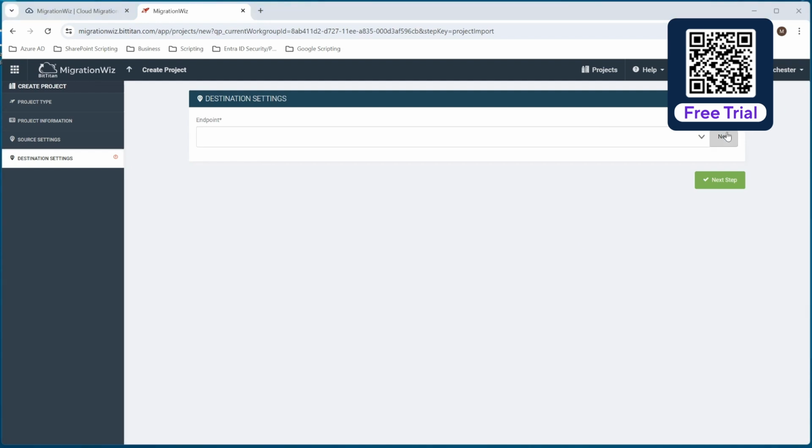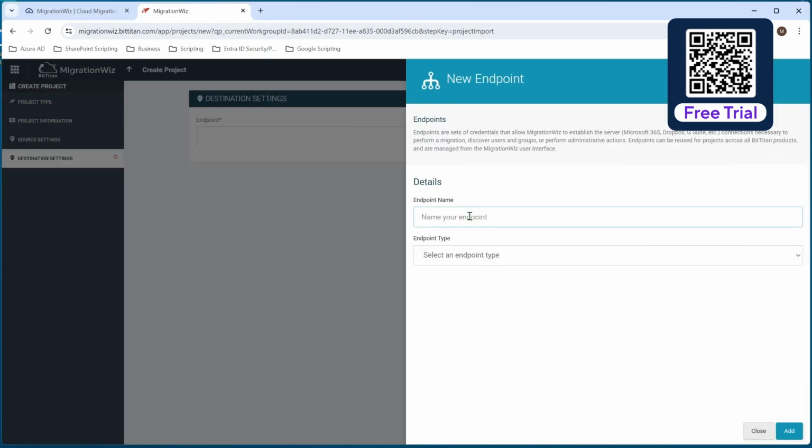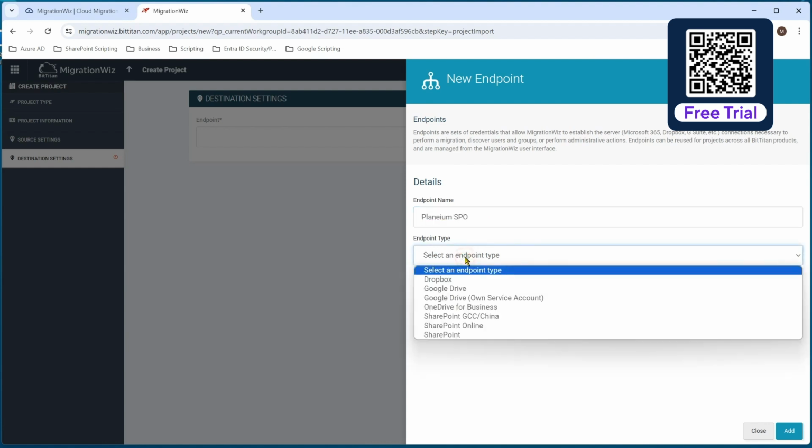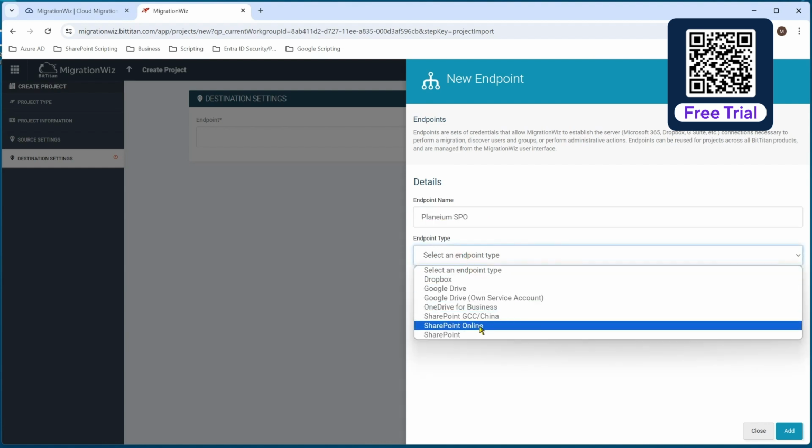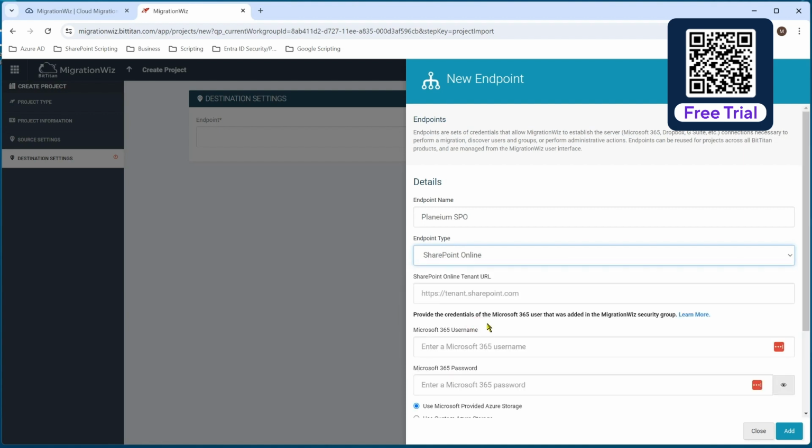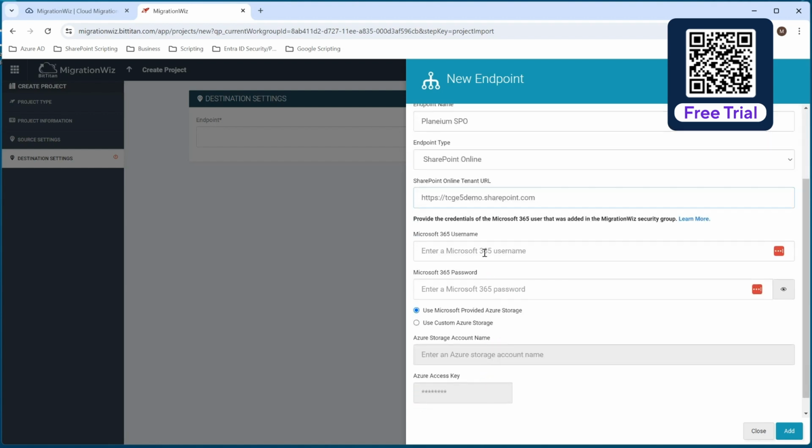So the same way, we just hit new endpoint there, and we'll call this one the Planium SPO. The endpoint type is going to be SharePoint Online. Notice there's a slight difference in that we have to specify that it's SharePoint Online it's going to. And this will be the tenant. And you can see here it's telling us we need to put in DPS, and that will be tcg e5demo.sharepoint.com, along with the correct username and password there for that service account which we created,